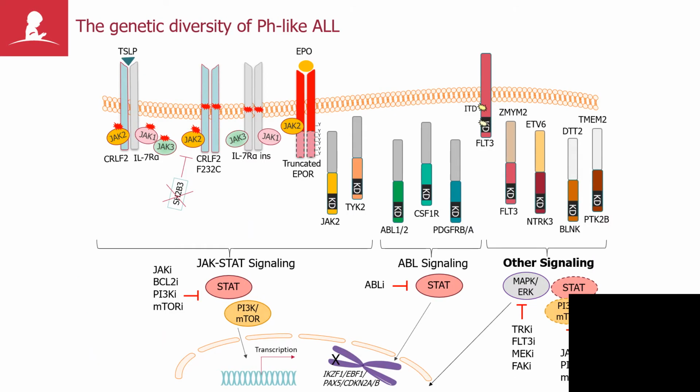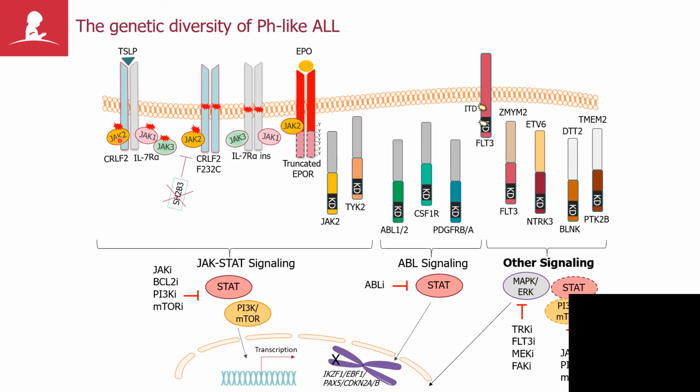Now, despite this diversity, one can distill down this heterogeneity into several pathways that activate key signaling outputs. So the most common subtype of pH-like ALL are those cases that are driven by activating lesions involving the JAK-STAT signaling pathway, the most common of which is CRLF2 rearranged leukemia, where this protein is enhancer hijacked. It's expressed in the B cell lineage. It forms a dimer with interleukin-7 receptor alpha chain, and these cases, about 50%, have concomitant activating mutations of the Janus kinases, particularly JAK1 and JAK2.